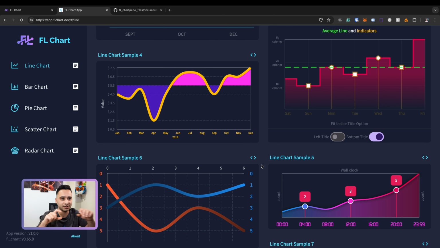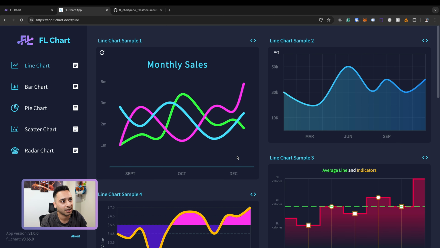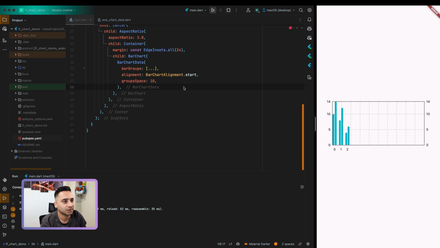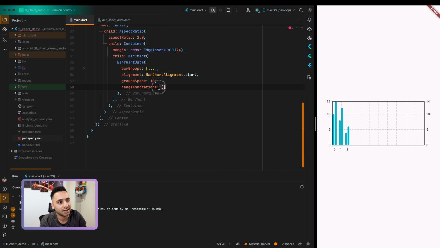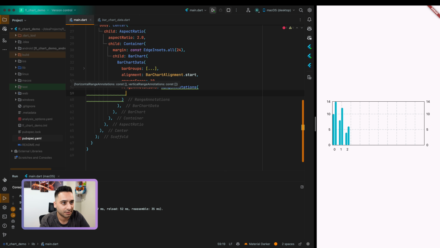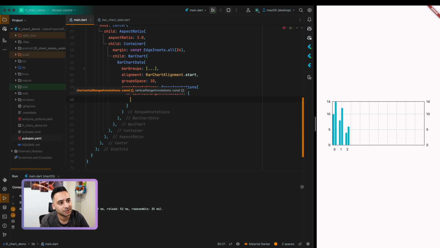So you can define some range inside your chart, and in the bar chart, for example, we can say range annotations. It is a range annotation class, and inside that we have horizontal range and vertical range. So for example, we will have horizontal range. It is a list of